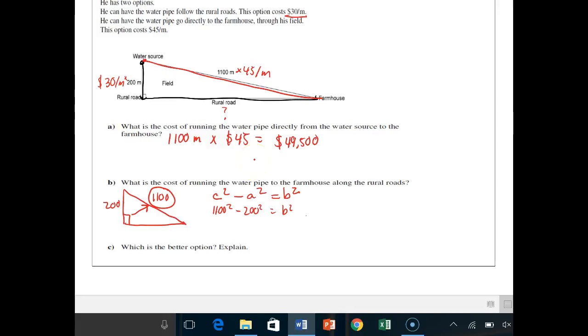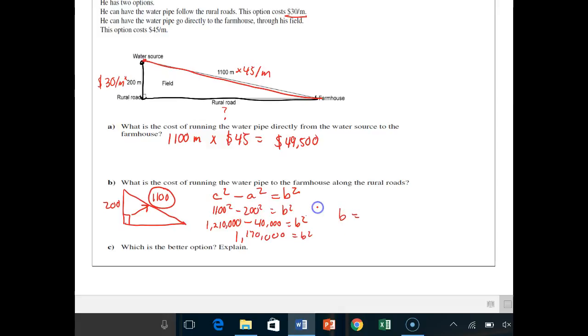This is going to give us 1,210,000 minus 40,000, my fault, is equal to b squared. And then subtracting those 2 numbers gives you 1,170,000 is equal to b squared, and b, if I take the square root of 1,170,000,